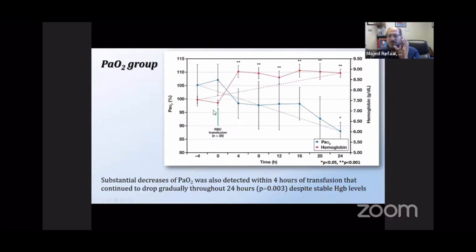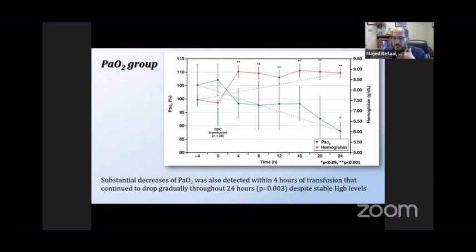Now, let me just explain a little bit about the PaO2. I'm not sure if everybody's familiar with it or not, but just to remind you that PaO2 is basically the oxygen concentration in your arterial blood. So when it's going down, that means the oxygen is maintained inside the red blood cells. It's not released. It's not soluble. So that's what happened. You need more soluble oxygen. We need to see this going up here,